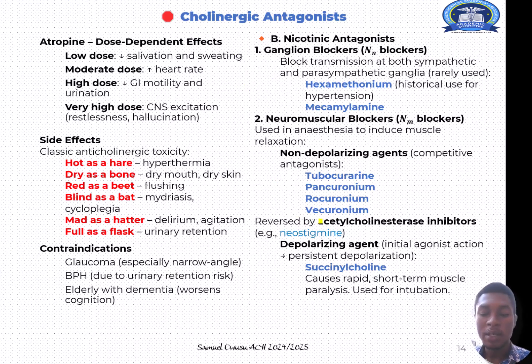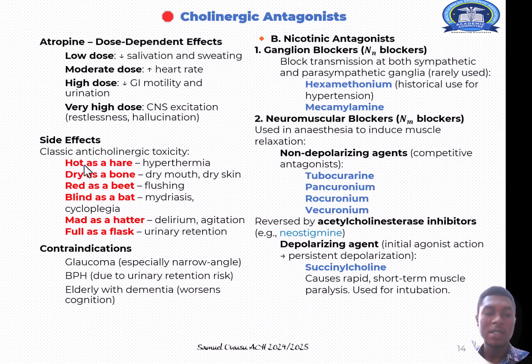Now, atropine tends to block the activity of acetylcholine, and so that is going to enhance more sympathetic responses. And so low dose atropine will cause decreased salivation and sweating, and it will tend to increase the heart rate, so tachycardia, and decrease GI motility and then urination. And then very high doses will tend to excite the central nervous system, and that's going to cause restlessness and sometimes hallucinations. So the side effects are